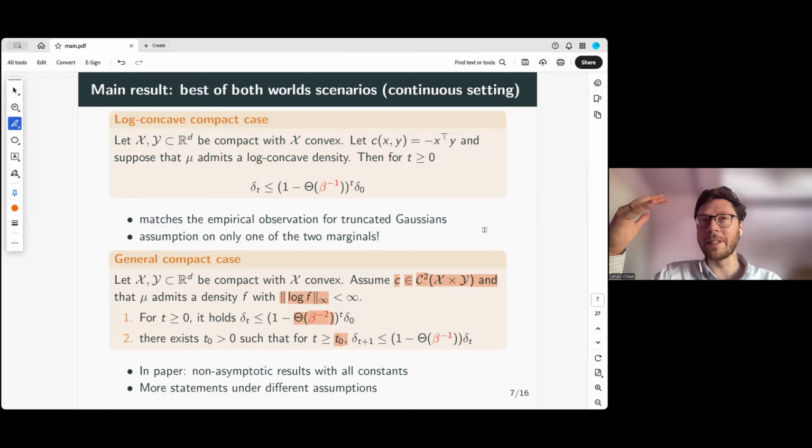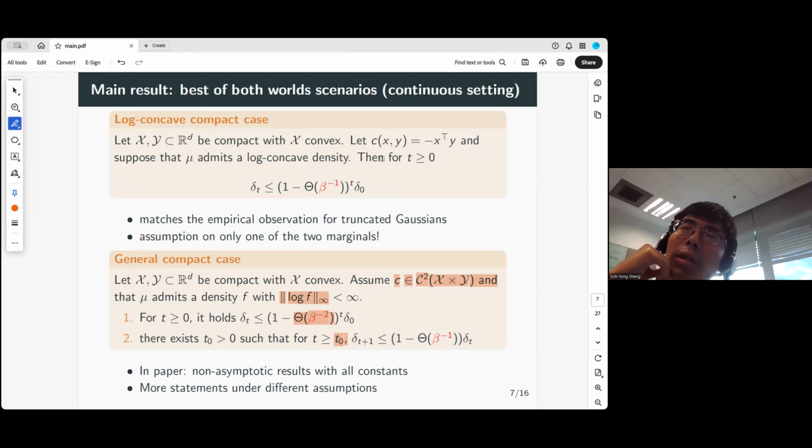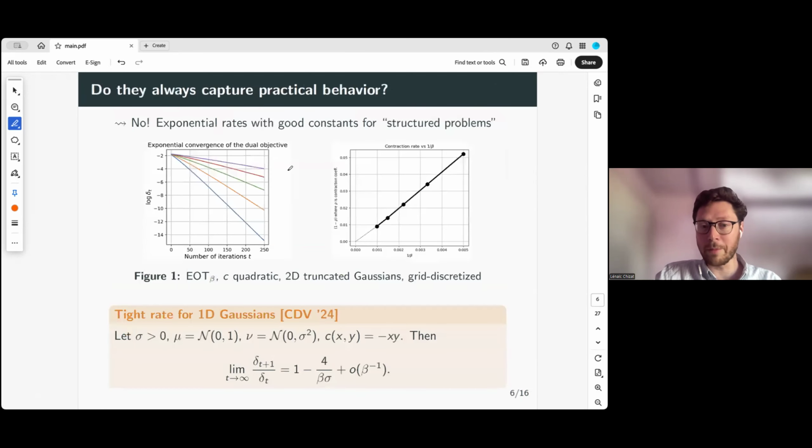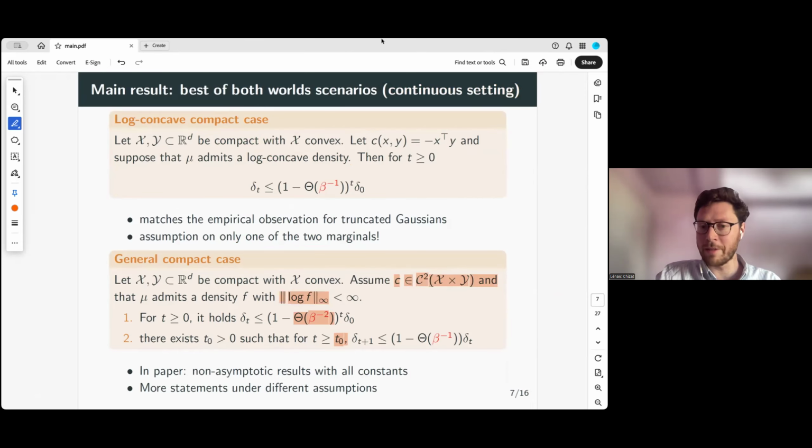problem underlying. I mean, if you're solving problems which are discrete, but which are the discretization of some continuous problem, then you will observe rates which are as the ones that I'm showing. So for instance, in these Gaussian experiments, we've implemented it on a grid, on a discrete grid. So it's really the empirical observation, and the rates that you observe will be captured by this analysis rather